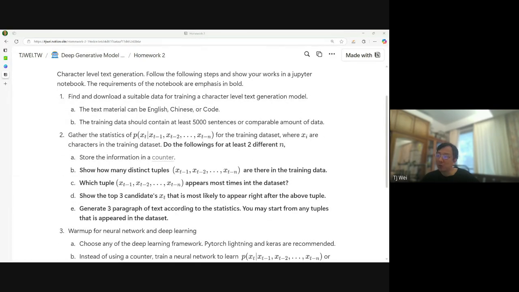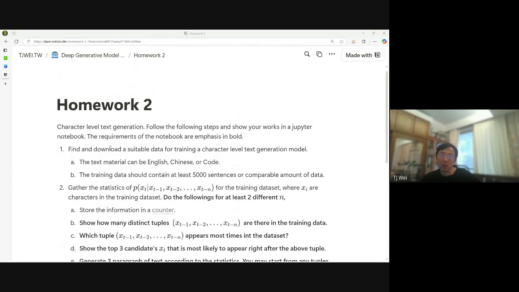If you wish to use transformers, that would also be fine. But in this homework, I mainly expect you to use LSTM or GRU RNN models. So this homework is mainly to familiarize you with